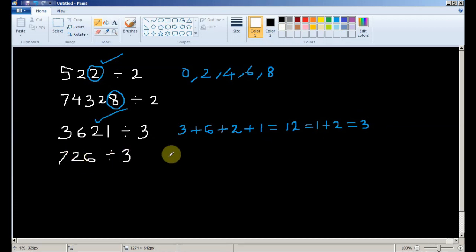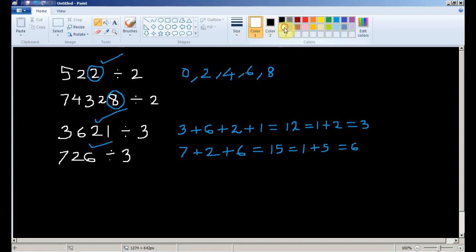The first digit is 7, and the next digit is 2, so I'm going to add 2, and the next digit is 6, so I'm going to add 6, and let's see what the total is. 7 plus 2 is 9, and 9 plus 6 is 15, and 15 means 1 plus 5 is equal to 6. So it is also divisible by 3.